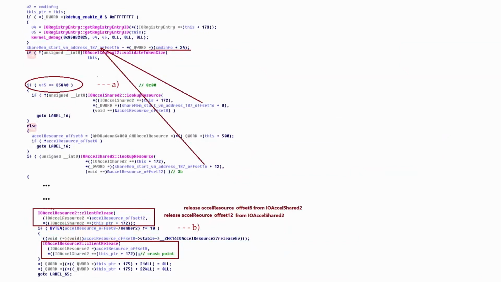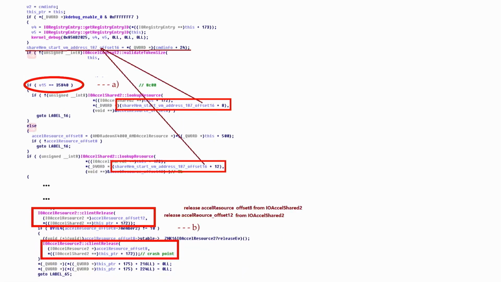We can see that if V15 is equal to 0x@C00 in place A, the resources offset 8 and the resources offset 12 are both taken from our accelerator's shared memory with shared memory offset 24 and 28 values and index. And last, if the member 2 resources offset 8 is not equal to 10, this function will